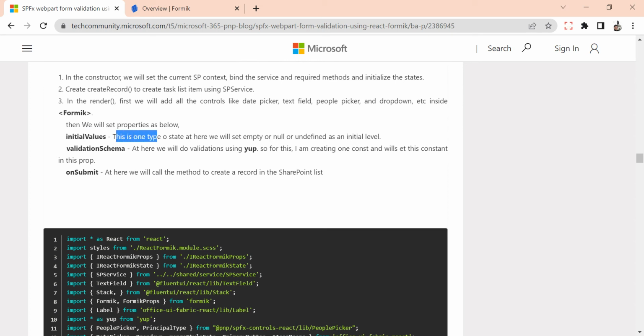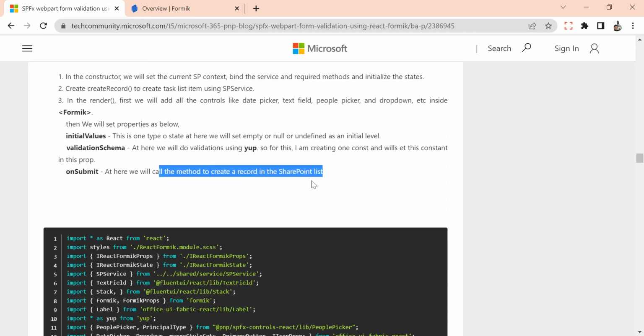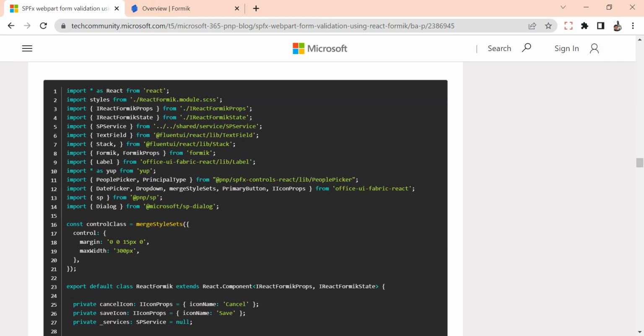Then we will set these properties like initialValues. This is one type of state. Here, we will set empty or null as the initial values. For validationSchema, here we will do validation using Yup. For this, we are creating a constant. And onSubmit, here we will call the method to create a record in SharePoint. So this is the whole file. You can see